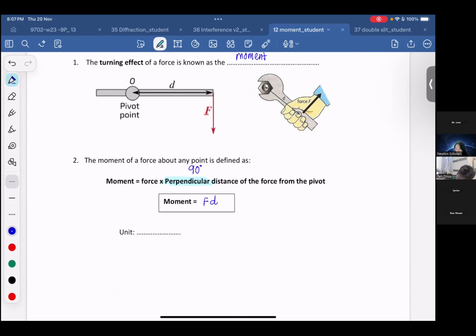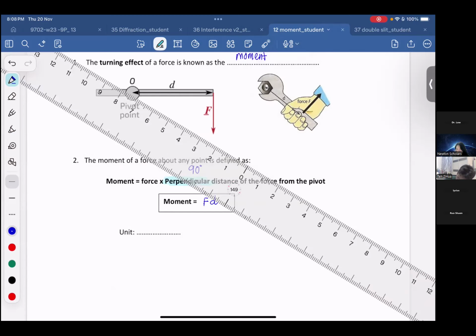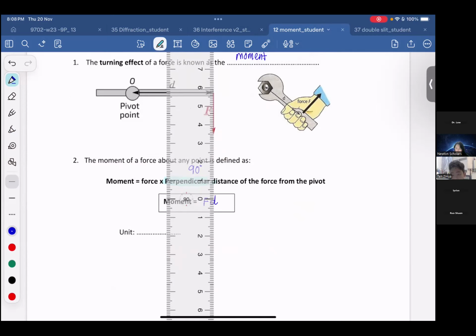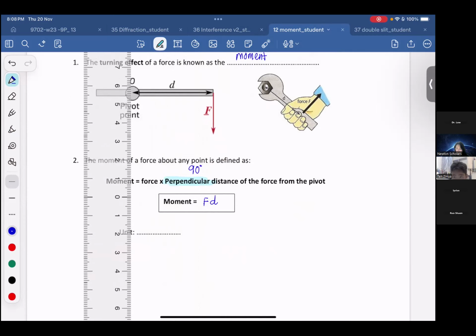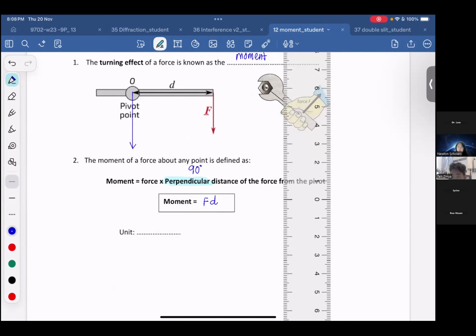Okay, dear, I teach you. You use your ruler. You point it parallel with your force. So here you move this ruler parallel with the force until the pivot here. Then after that we draw this line, the line which is parallel with our force. The distance between these two lines,